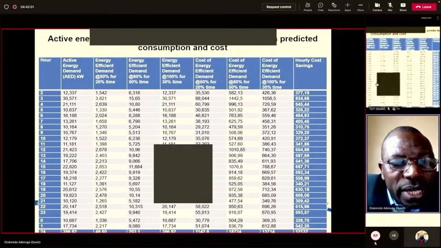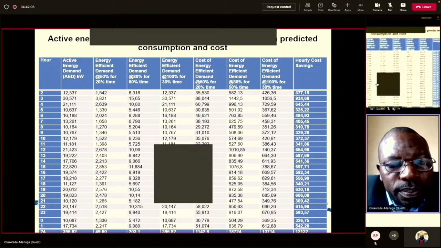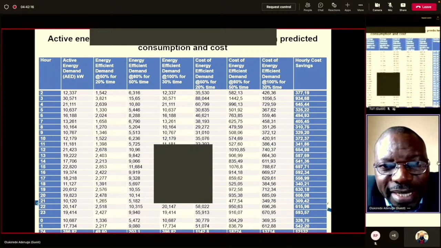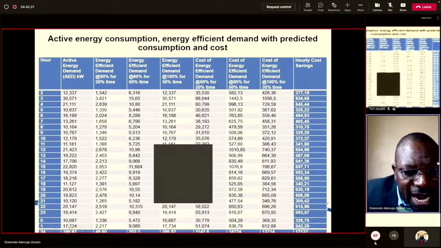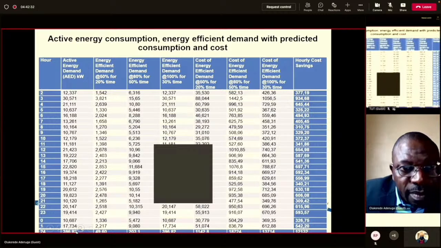And with the energy efficiency initiatives, we can see that when you bring about the use of a variable frequency drive and set it at 50% for 20% of the time, or at 80% for 50% of the time, or at 100% for 30% of the time, you realize that from the total energy we would have consumed at 396,000 watts, we will use just 49,000